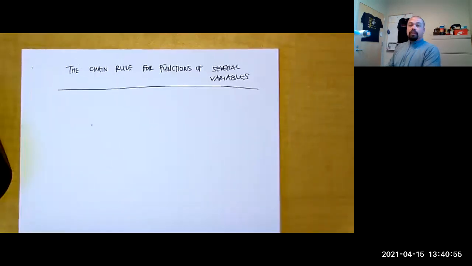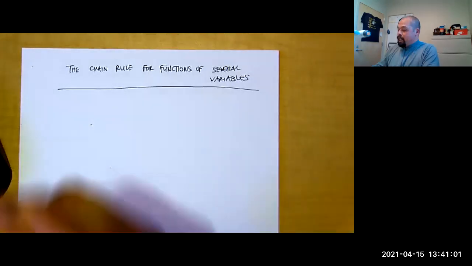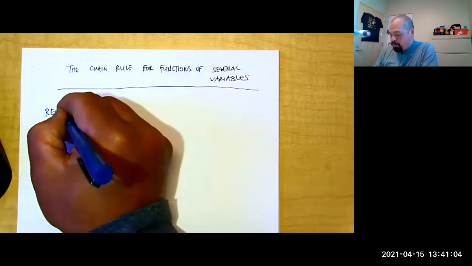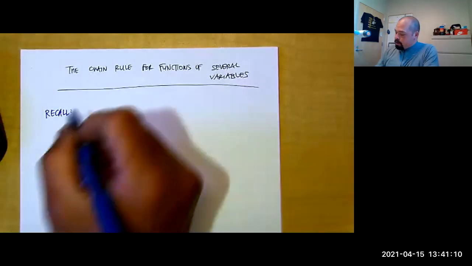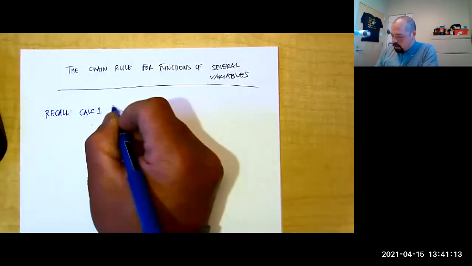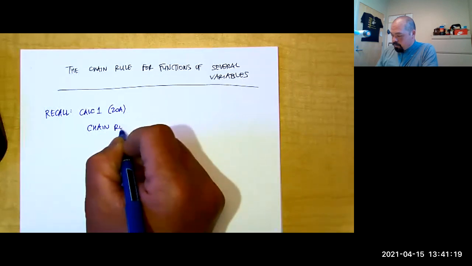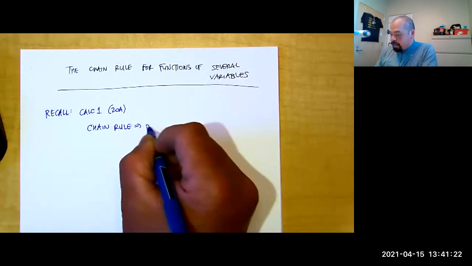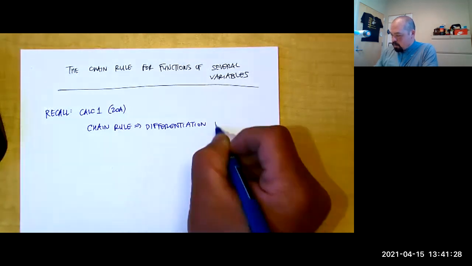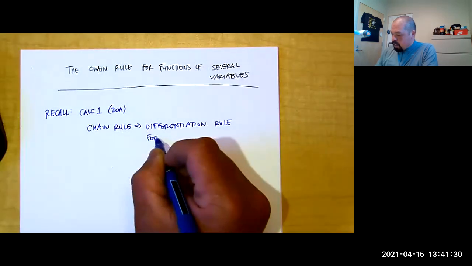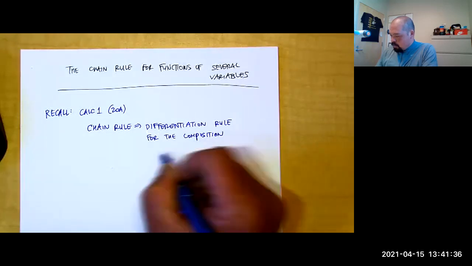The chain rule for functions of several variables, right? So as we've been starting off in discussion of this chapter, I always go back to what we would do, how we introduce some of these concepts, topics in our first semester calculus course. Okay, so recall back in Calc 1, our 20A discussion, right? Our chain rule, this was our kind of differentiation rule for the composition of functions,